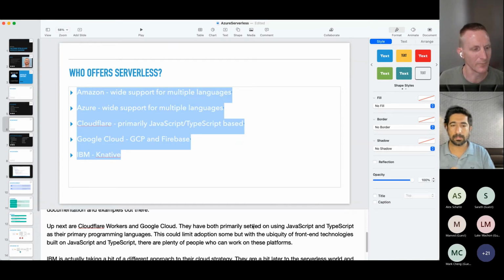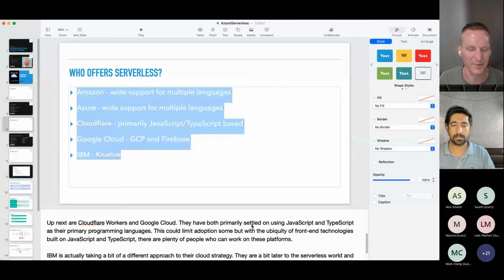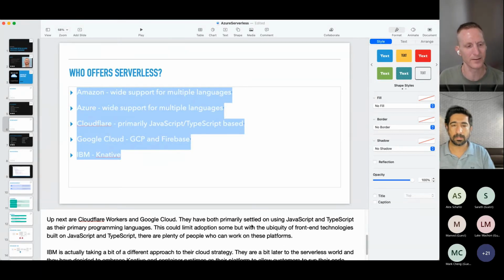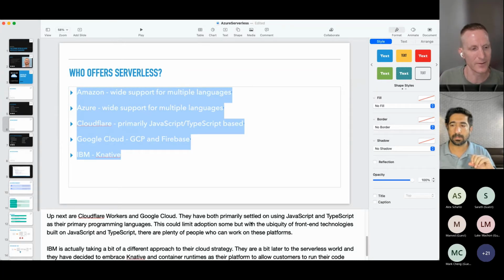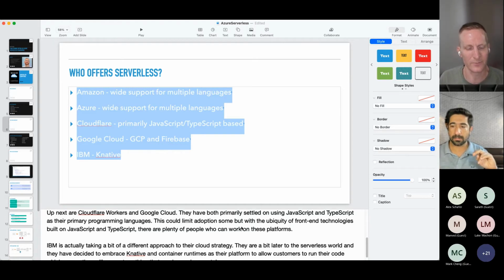And then IBM is the last company that I want to talk about here, and they're actually taking a little bit of a different approach to their cloud and serverless strategy. Because they've come into the game a little bit later than most of these other companies on the list, one of the things they've done is decide to embrace Knative and container runtimes as their platform. And so this really allows users to